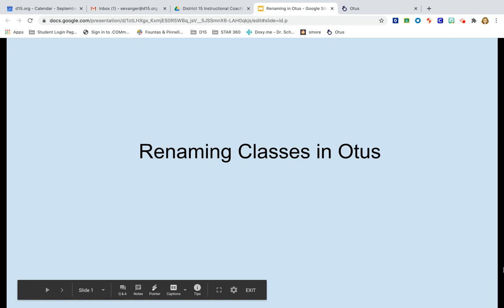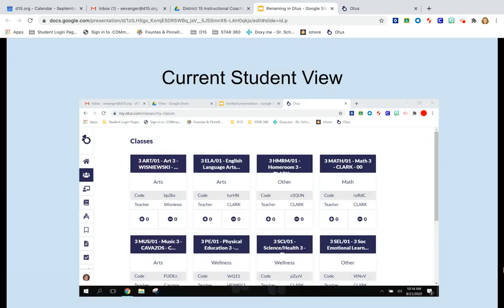How to rename classes in Otus. Currently, when students log in to their Otus account, their class page will look like this, and you'll see that the names of the classes are a bit complicated. So we want to try to rename those classes and make this page a little bit more user-friendly for students